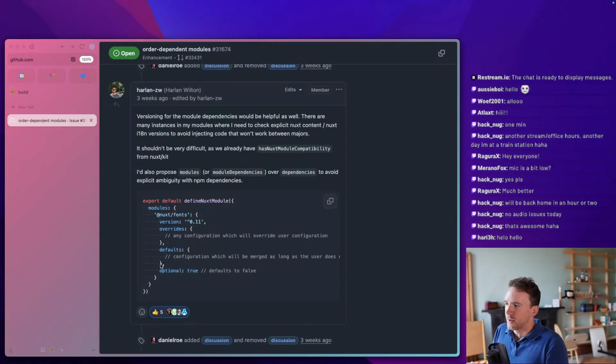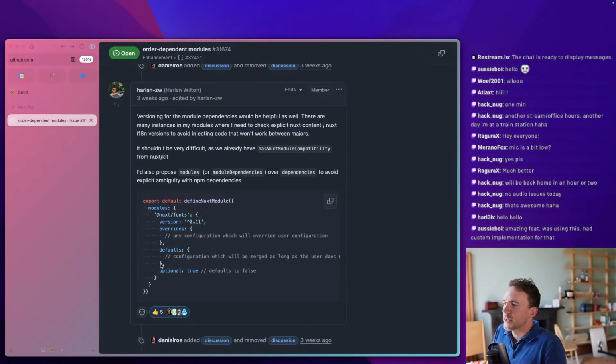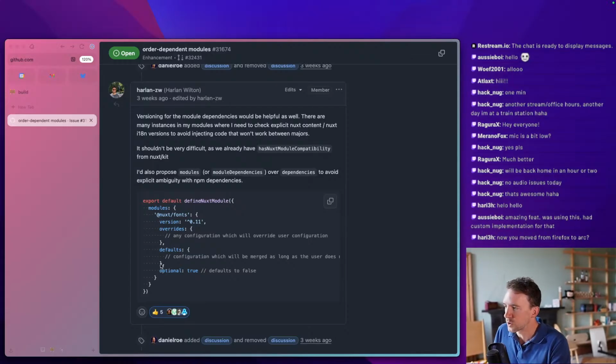But that's a pain, because what if the other module needs to make some changes? It becomes complicated. So this is the sort of concept. We need to be able to, for a module, specify it. Then we basically run the code that changes the options, and then we run the modules in their original order. So we don't actually change the order of the modules, because the reason most modules care about order is about